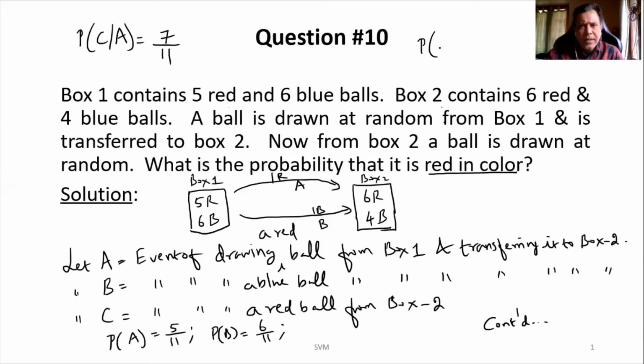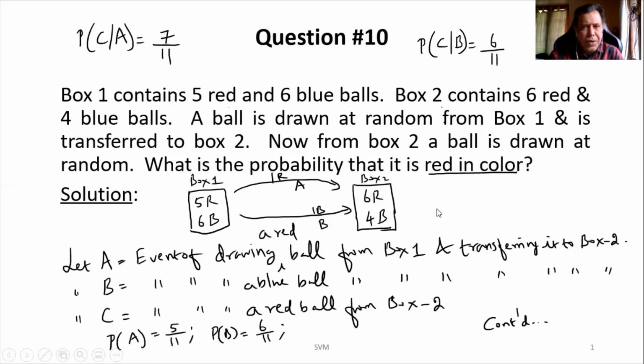Then let's see what is the conditional probability if B happens first and then C happens? Here one blue ball is getting transferred. Total number of balls will become again 11 balls. So let me write denominator as 11. But what is to be chosen? You have to choose a red ball. Red ball remains as 6 only. Only the blue ball is getting increased from 4 to 5. So out of those 6 red balls you are going to choose, that will become 6 by 11. So we have these two conditional probabilities. One is probability of C given A, which is 7 by 11. Another one is probability of C given B, which is 6 by 11.